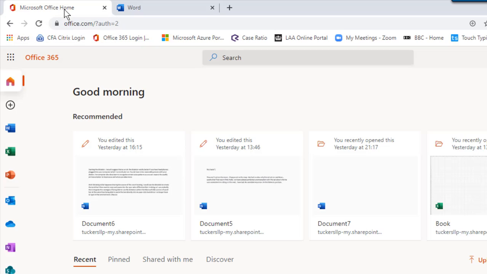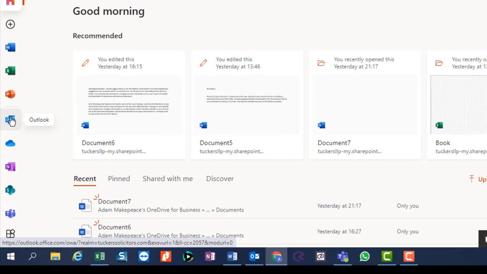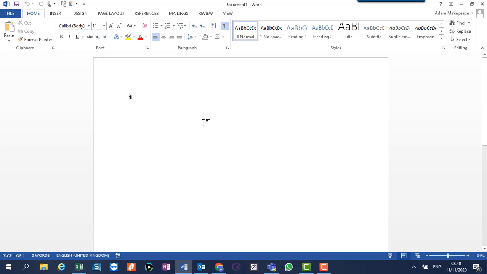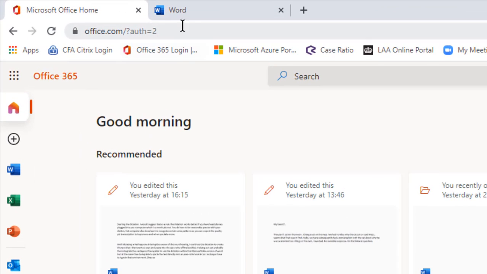just a quick word about where this dictation tool does not exist. So for example, it does not exist directly within Outlook, neither does it exist within the desktop version of Word 2013 that most of you have. It only exists in this one place within the online version of Microsoft Word. Now that is a limiting factor in terms of how useful it's going to be, but as we'll see, we can use it as a place where we can simply dictate text and then obviously copy and paste if we